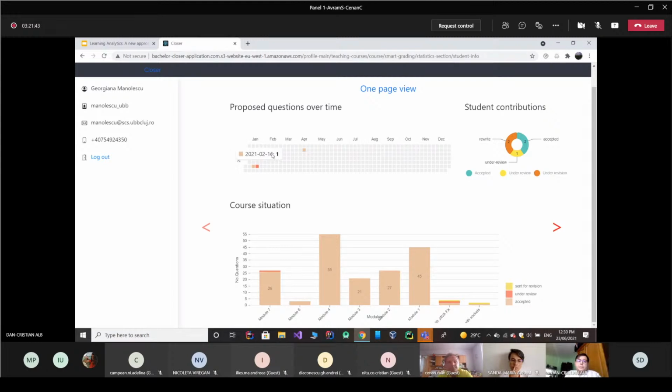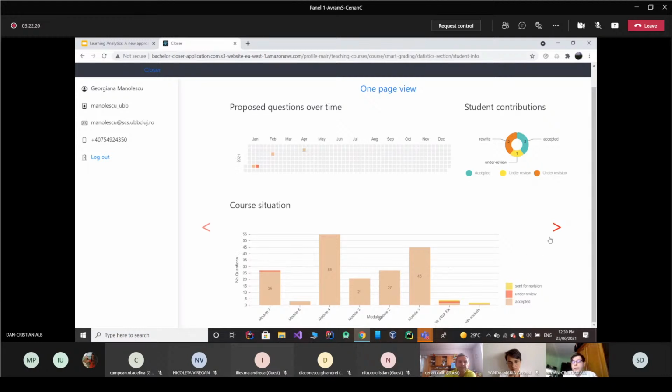Moving further, we have the contributions that the student has given. We have them in time to see the pattern of activity and an overall situation, and also he or she can compare with the course situations. Namely, each course has more modules, just like in real life when we have course 1 in week 1 and so on. So we have modules, and the questions are structured in a color codified manner. Namely, we have accepted, under review, and sent for revision. For module 4, we have 55 questions that are all accepted, but for instance, for module 7, we have a